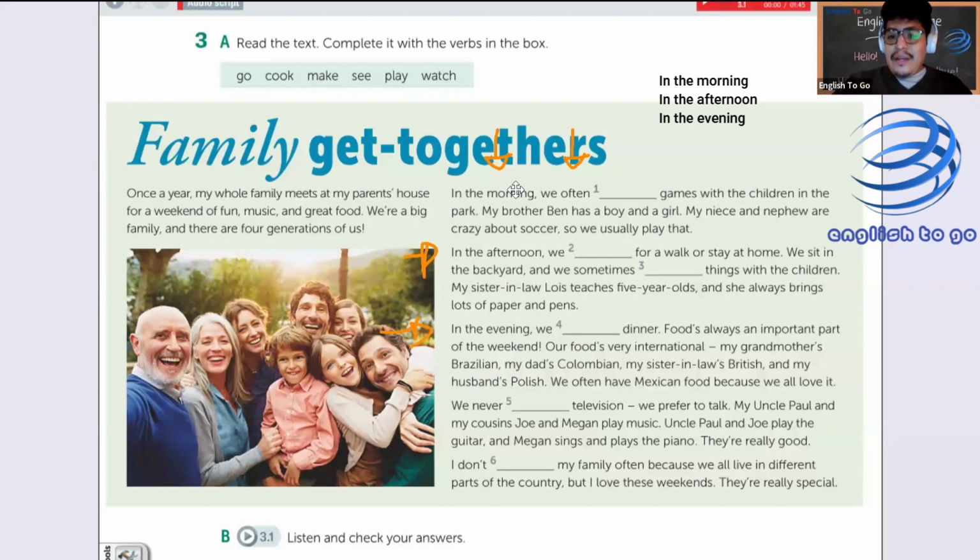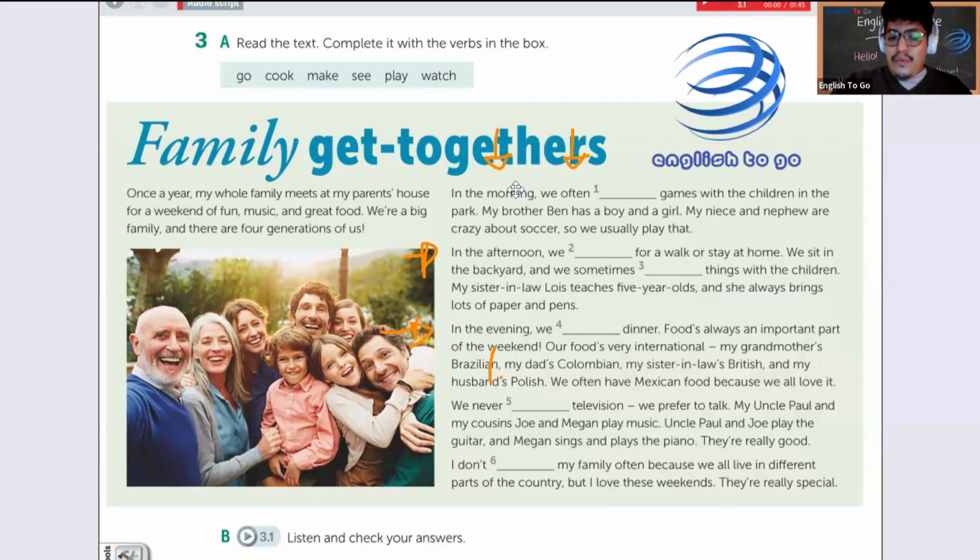In the evening, we cook dinner. Food's always an important part of the weekend. One more time, we are using a time expression, and then we are simply using a verb, no frequency adverb. We never watch television. Here, we are using a frequency adverb because it is important to tell other people that we never watch television,